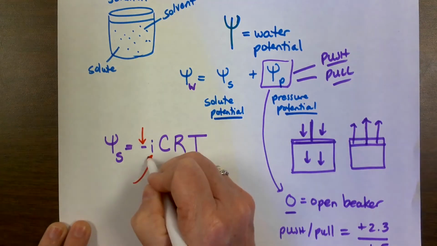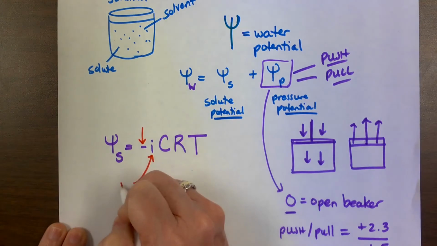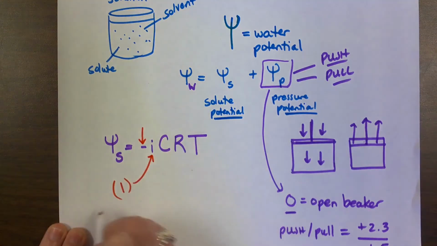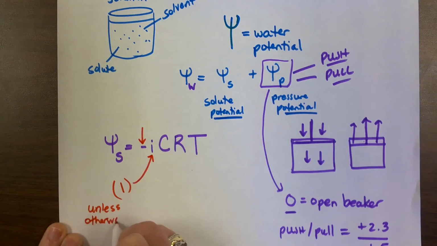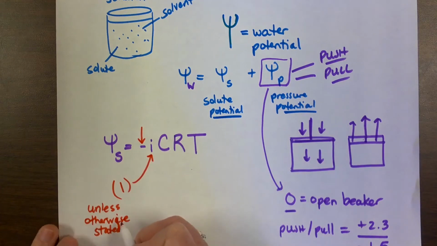i is always given as 1 unless otherwise stated. Okay, so your i is the